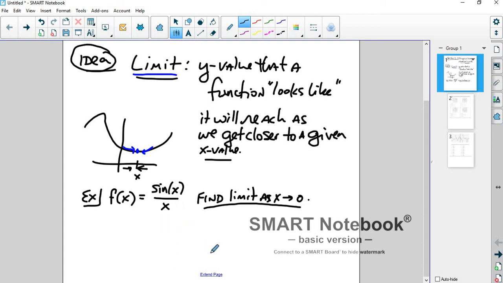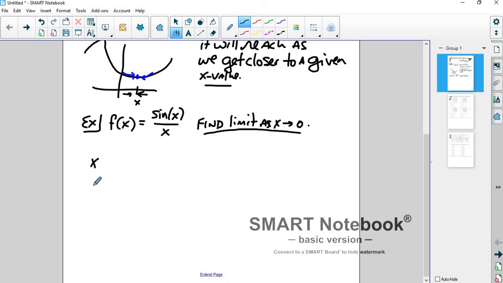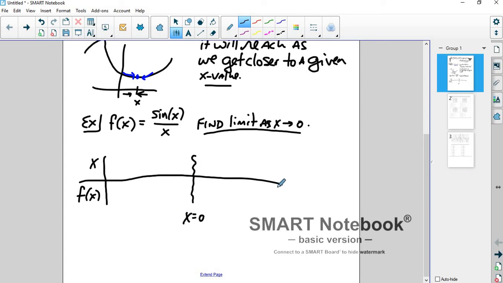All right, and so what I'm going to do is make a table. I'm going to have x's here and f of x's here, and I'm going to plug them into my calculator. And the deal with limits is you have to approach from both sides. So I'm going to think of this as my x equals 0 point. This is my number line, okay? And then I'm going to pick points that are close to 0. So if I start from the right-hand side, if I pick the point 1, what happens when I plug that into my function? Now make sure that you're in radian mode. All right, plug that in, get sine of 1 divided by 1, plug that in your calculator. All right, and you get